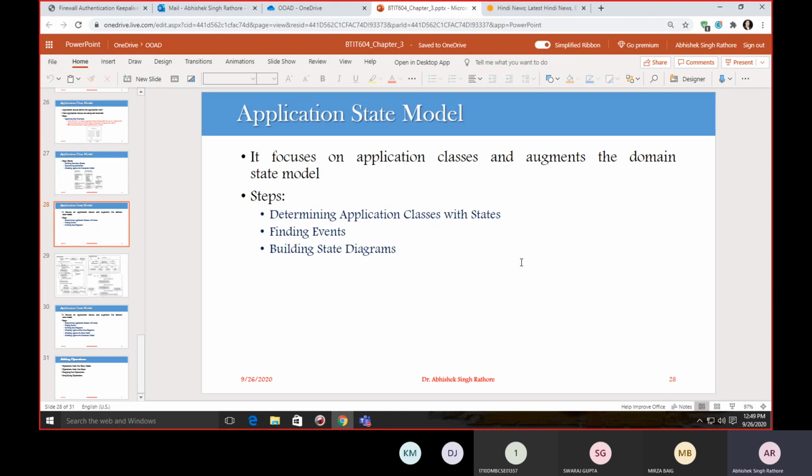Now we can merge some sequence diagrams that have common behavior. So we started with our initial state diagram. This initial state diagram contains a sequence of events and some states. Then we go through every scenario or every sequence diagram that corresponds to a particular path in the state diagram.